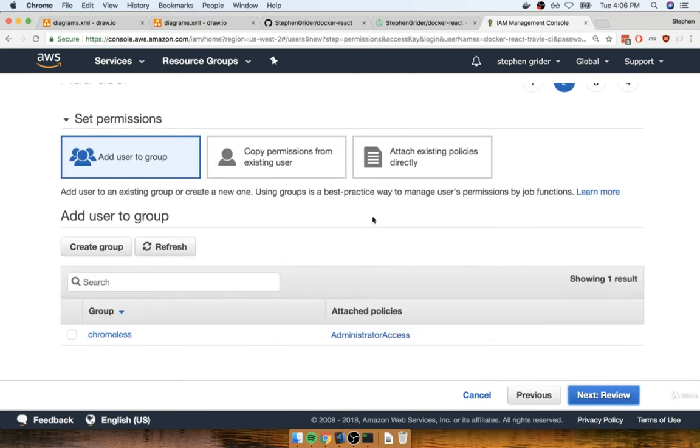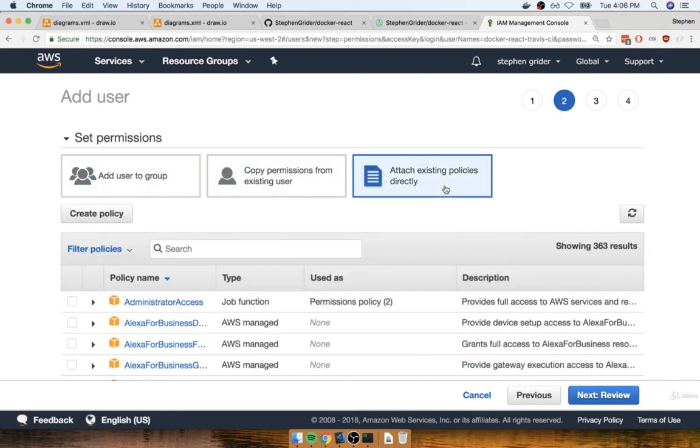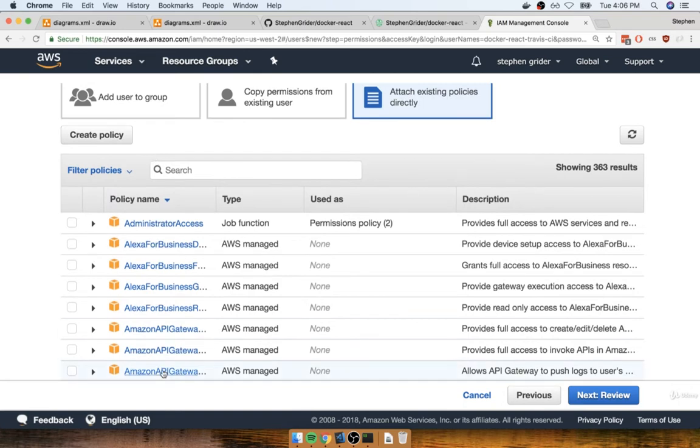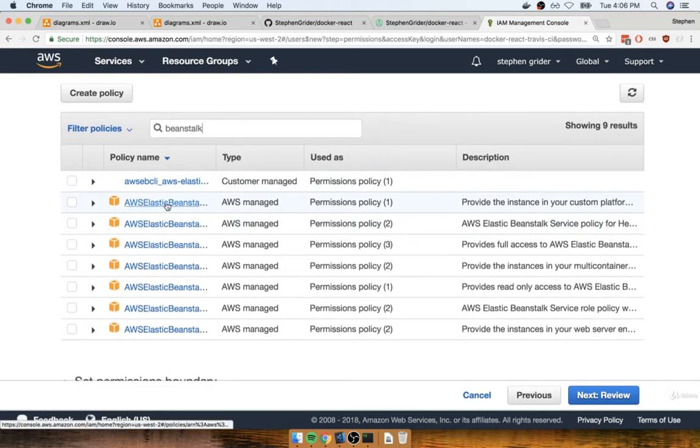We'll then hit next for permissions, and then we're going to attach existing policies directly. So we don't have any other policy groups or any other existing users. We're going to add some direct policies. Now these policies right here are essentially permissions. We are granting permissions to this new user that we are creating. So right now we're essentially listing out all the different things that this new user is going to have the ability to do. In particular, we want to make sure that this new user has the ability to deploy our application to Elastic Beanstalk. So I'm going to search for Beanstalk,